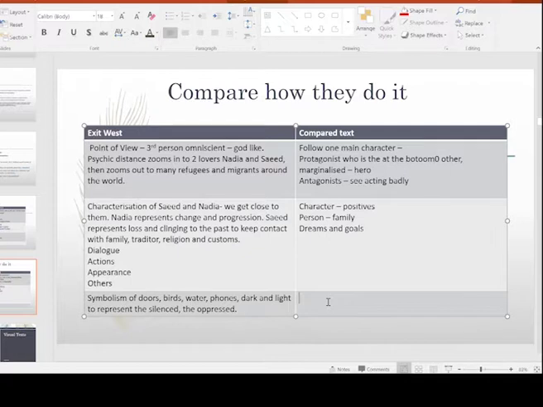So we could compare that to so many things in Exit West. So think about the symbols that are in your text that are similar. So in your documentary, for example, the mobile phones are what give your refugee power. So just like the mobile phones in Exit West connect Nadia and Saeed at times when they can't be connected, and it connects Nadia and Saeed to their family,